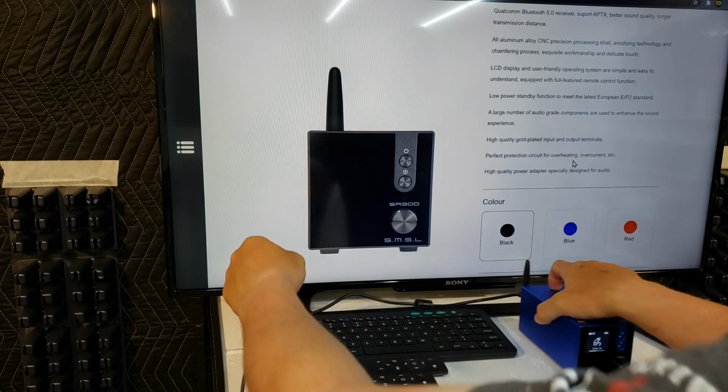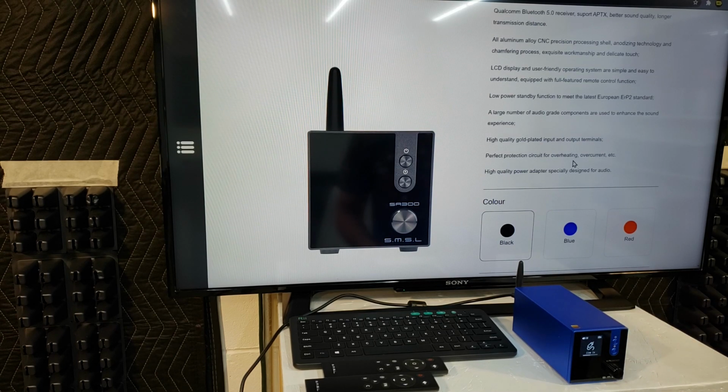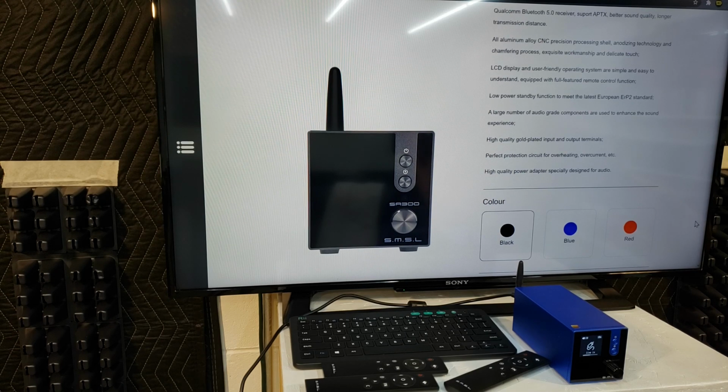So I know the industry likes to make RCAs and stuff all gold because it makes people think, oh, it's going to sound better with gold RCAs. No. But they will stay clean longer. I mean, if it's actually good gold or not, probably not. But